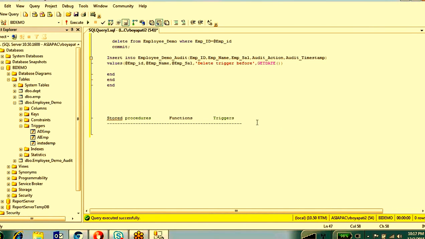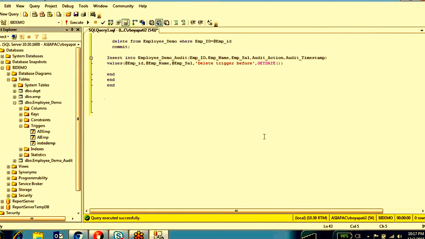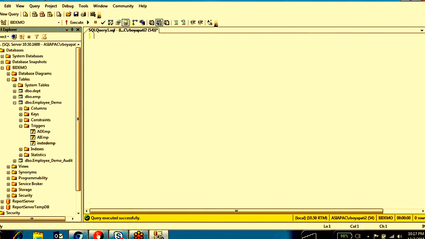Right. So I forgot to tell you about functions. Yesterday I think we discussed only the scalar value function. What does the scalar value function do? It returns only a single value. If you want to return more than one value, like a table value, how can you do it? Table value function.